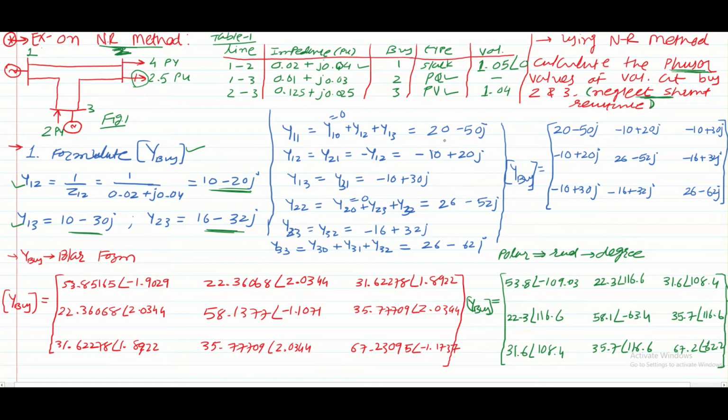So here the value of Y11. Similarly, we can calculate Y22 and Y33. Okay, as per conclusion 1, the diagonal element is summation of shunt plus series element. Okay. Now, as per second conclusion, Y12 is equal to negative of Y21 or Y12. Okay. So here the off diagonal element Y12 will get the value of Y12. Similarly for Y13 and Y23.